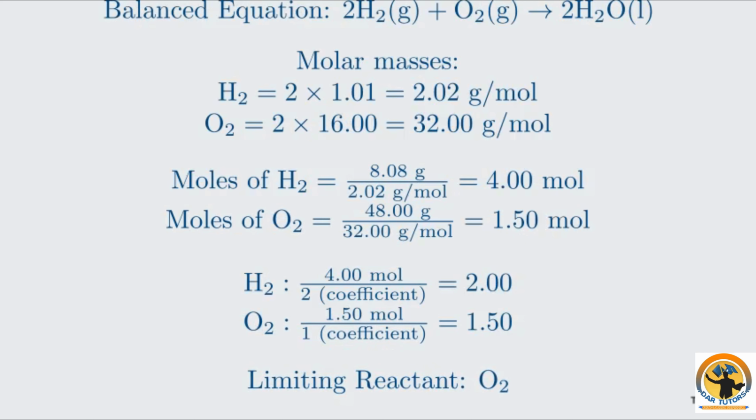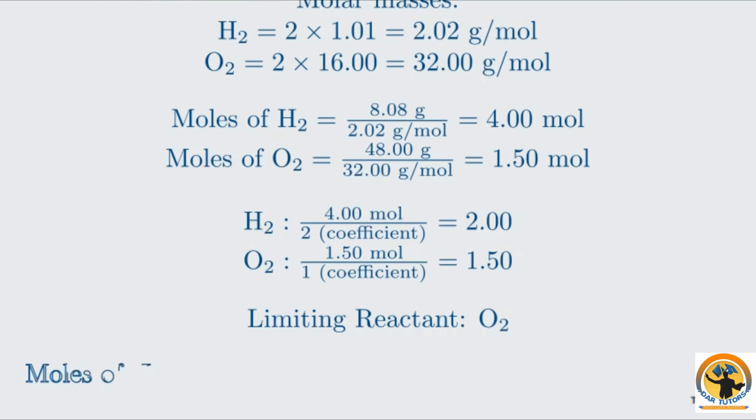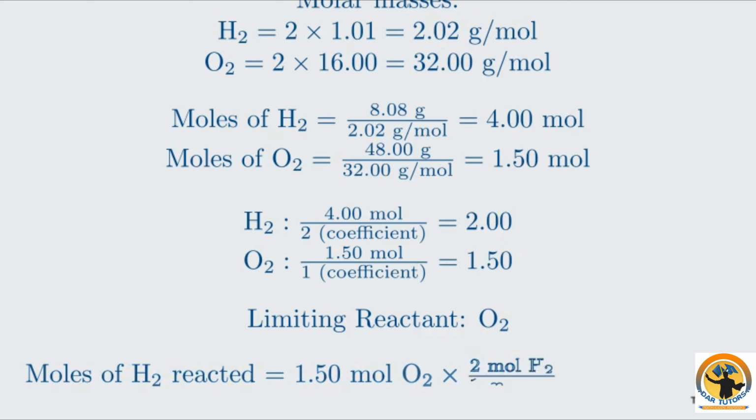The question also asks what remains after the reaction. We know all the oxygen is gone. Let's calculate how much hydrogen was used and how much is left over. The stoichiometry tells us that 1 mole of O2 reacts with 2 moles of H2. So, our 1.50 moles of O2 will react with 2 times 1.50 moles of H2, which equals 3.00 moles of